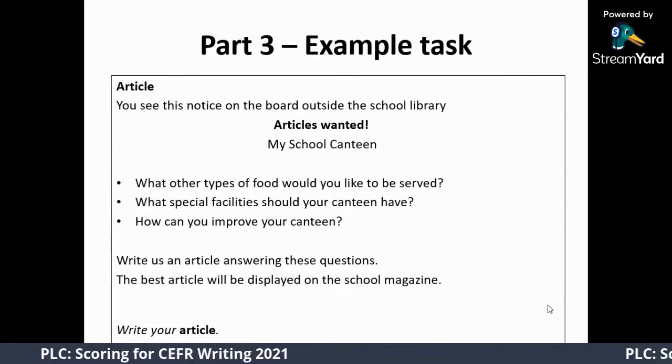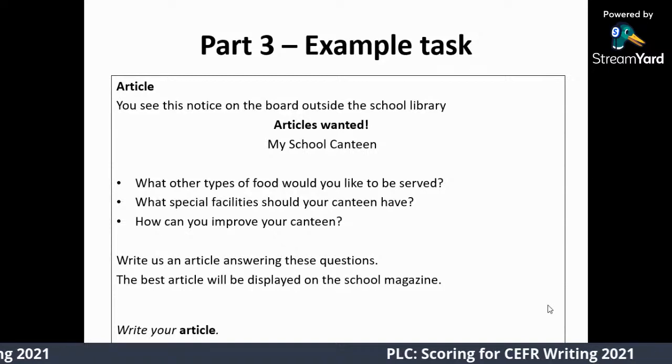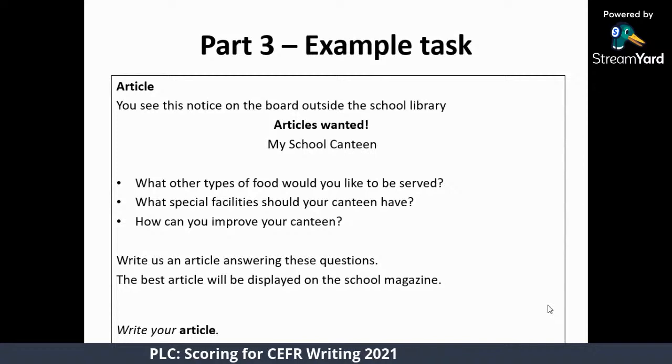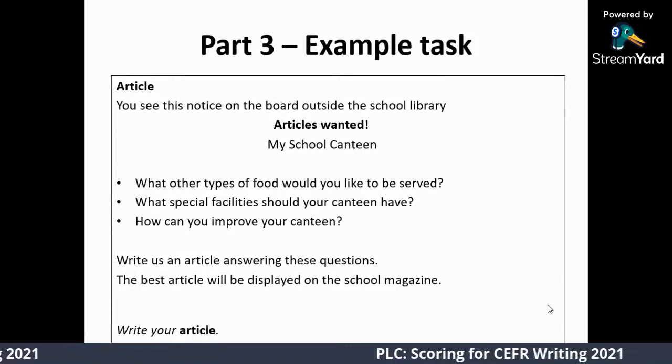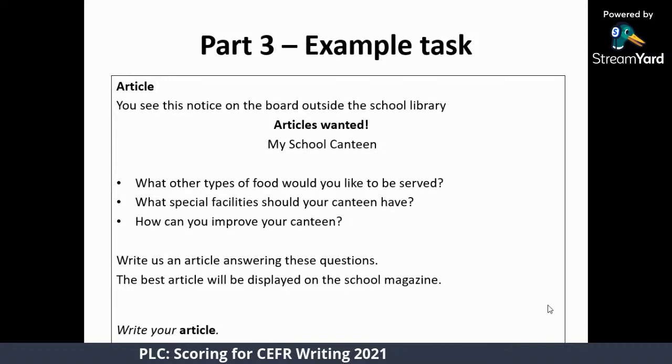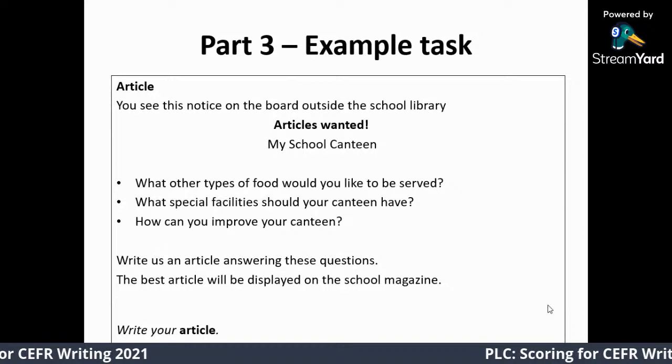Do you want Western or do you want Asian food more in your canteen? And next, what special facilities? So facilities here is a common vocab. So Form 5 students should be able to understand and should be able to bring out their own points. So when we follow the textbook, please use the vocab and if possible, if your students